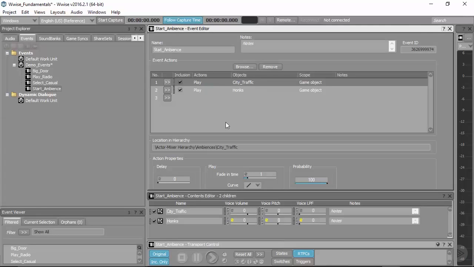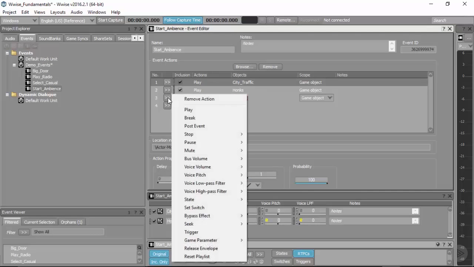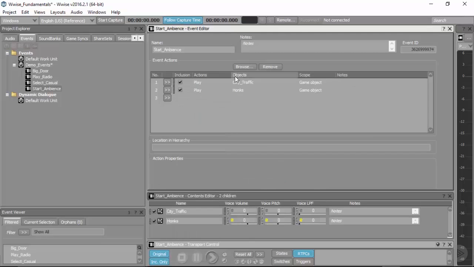Also, don't forget, there's a lot of other things that you can do within this initiating event. You could, for example, kill all of the immediate sounds of the previous scene using a stop event. You can see that we need to place an audio container in here. We could also use a game parameter. Let's say that our city traffic was actually a blend container moving between different levels of city traffic, from light traffic to heavy traffic. We haven't got that set up, but if we did, we could also create specific start ambience events for particular times of the day. So we could then go in and set that game parameter.